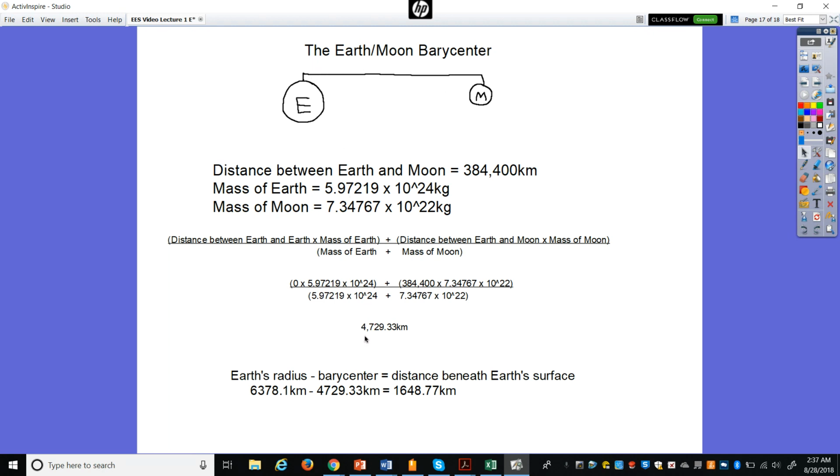Well, we've determined between Earth and the Moon that the balance point is 4,729.33 kilometers from the center of the Earth. When we're looking at the Earth, its radius is 6,378.1 kilometers, right? The radius from the center of the Earth.